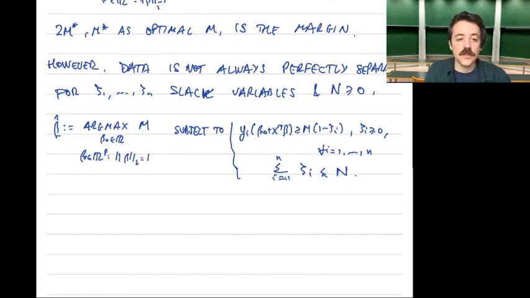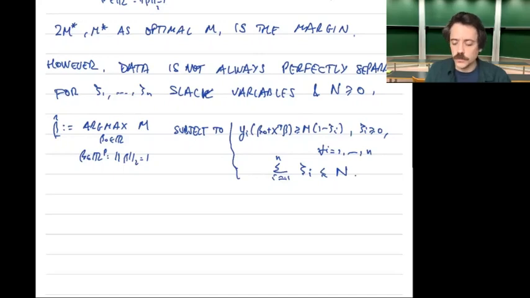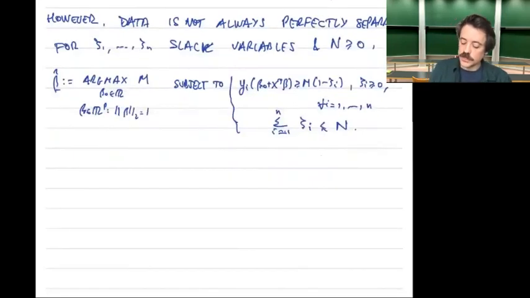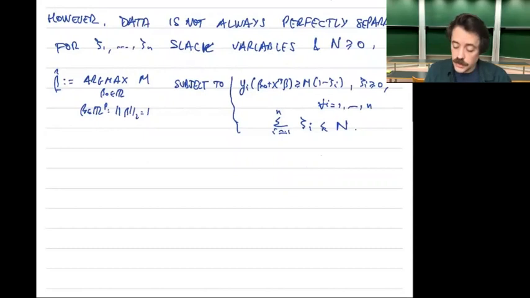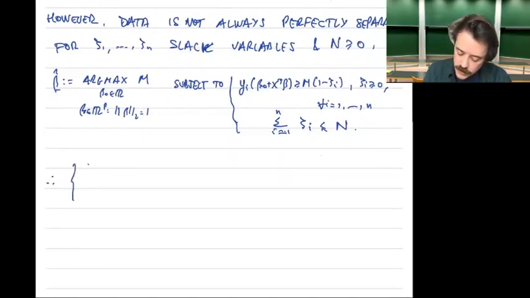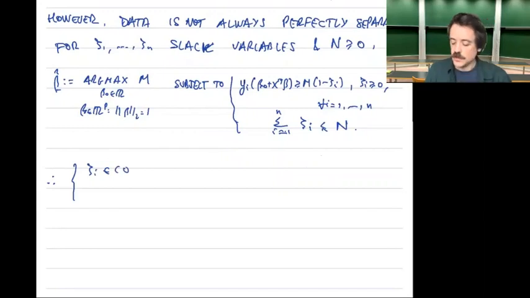Okay, so let's get a bit of intuition as to what's going on with the slack variables, because these are the new subtlety that we've been introducing. So we have a few options. So we have the xi in [0, 1], right? In which case, what we have is that we're allowing xi to be within